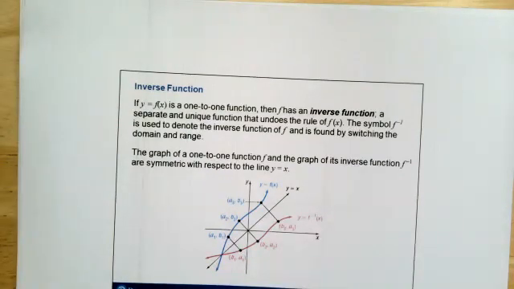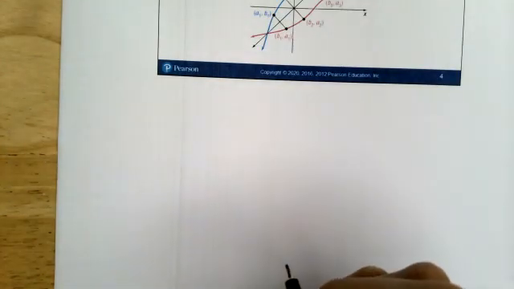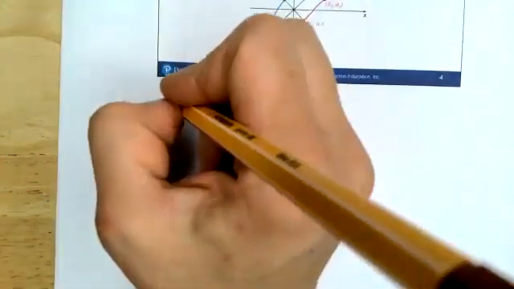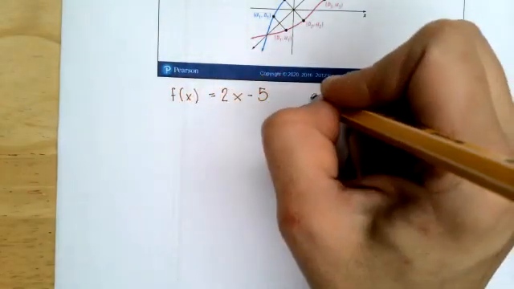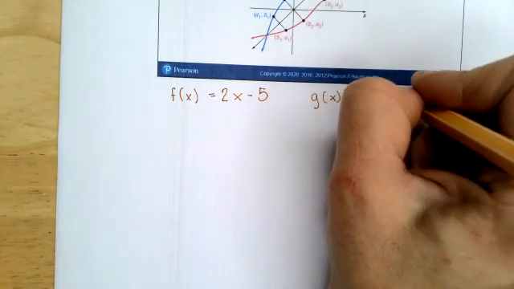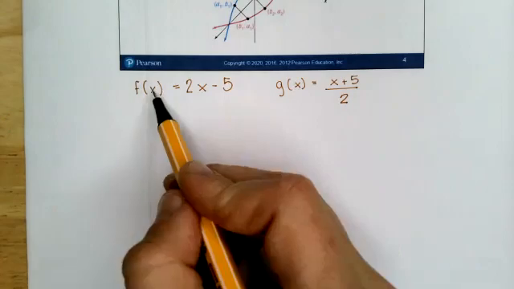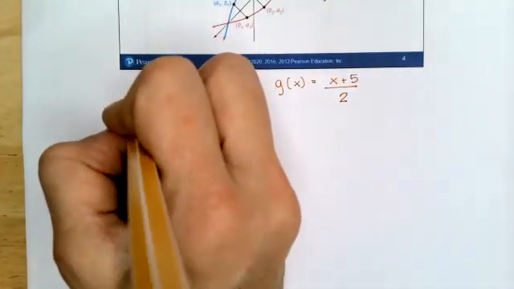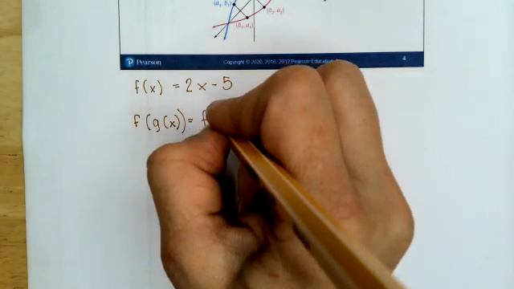Inverse functions. If y equals f of x is a one-to-one function, then f has an inverse function. Okay, let's talk about the end, since it was so very long ago. Let's talk about the end of our previous lesson. Okay, what we had for the end of that lesson was f of x is 2x minus 5, and we had g of x is x plus 5 over 2, right? When we put in g of x for x, so when we took the composition of f of g of x, which can also be called f of g of x,